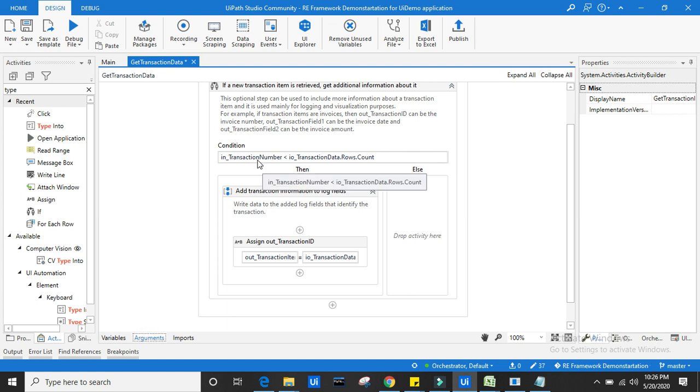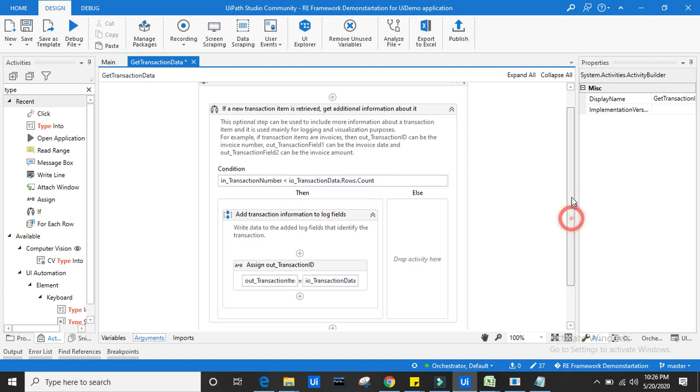It means transaction number 1 is less than the number of rows, and in this case we have 10 rows. So in the first iteration 1 is less than 10, true. Then the output, out_TransactionItem, should be the data of the first row. In the next iteration out_TransactionItem equals transaction data of the second row. Likewise it will keep on iterating.